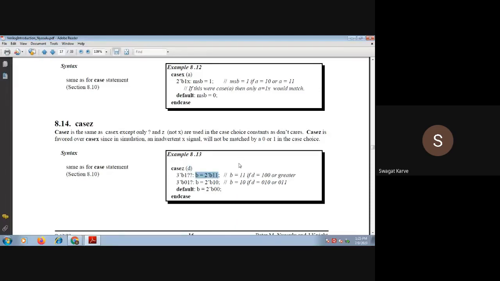Now what will it do? B is equal to 1 1 if D is equal to 100 or greater. That means if you want to mention a threshold for something, if this value is 100 or anything greater than that, then in that case you can use this case Z statement.